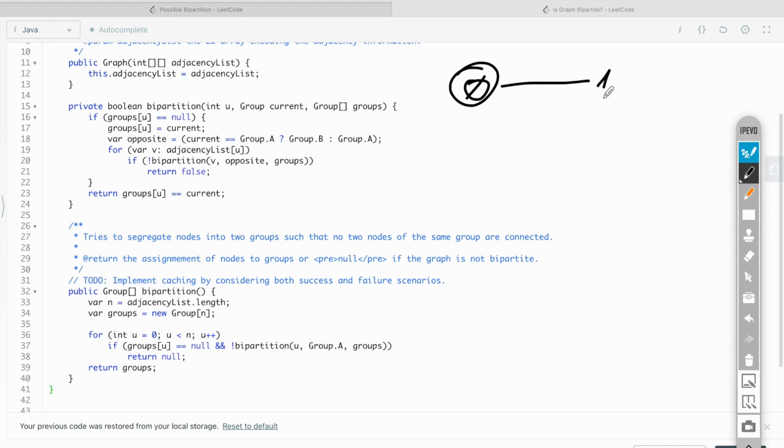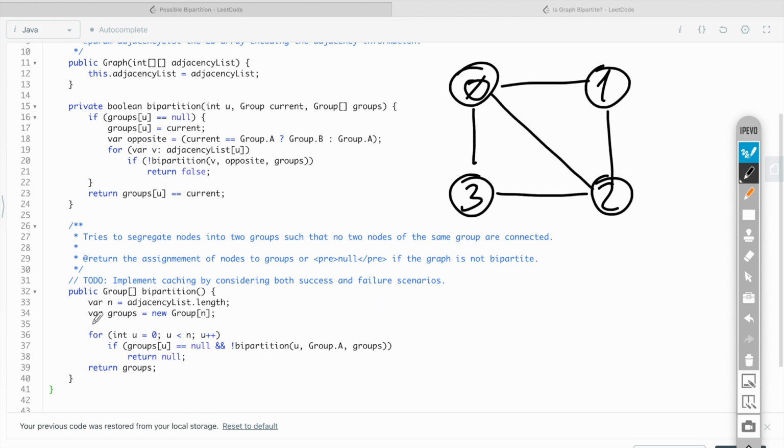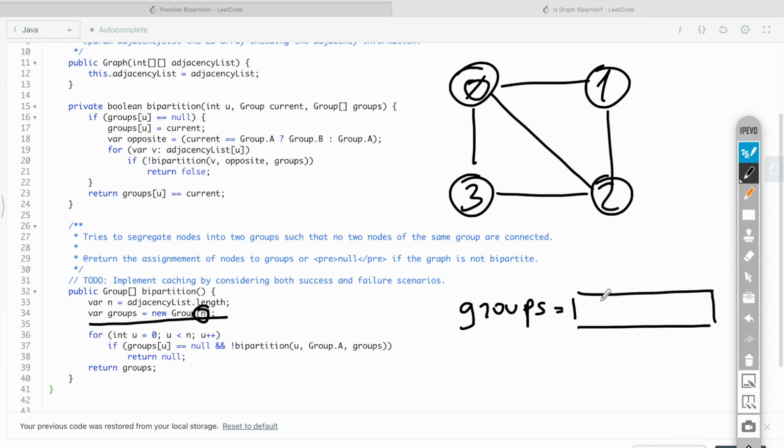Here is the graph that we will use as an example to trace the execution of the code. We first create here a groups array of n elements, and initially these groups are filled with nulls. So we have groups as an array of null values, and we will have 4 of them, one for each node.